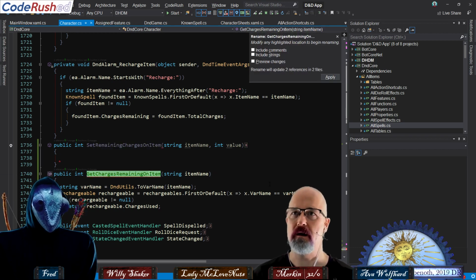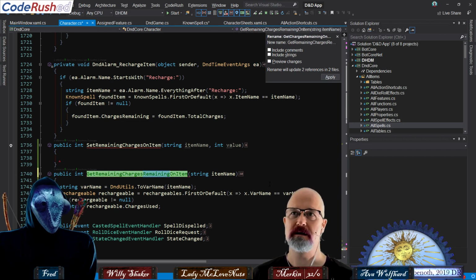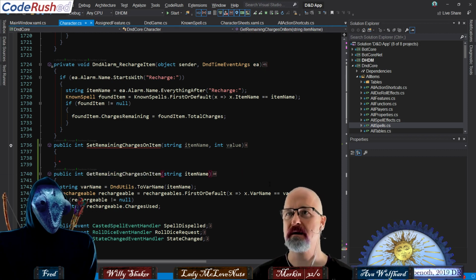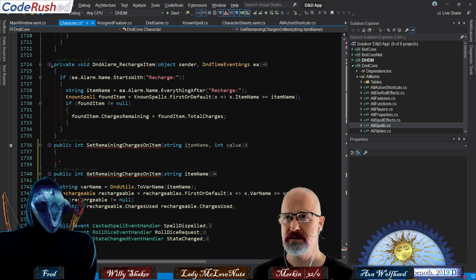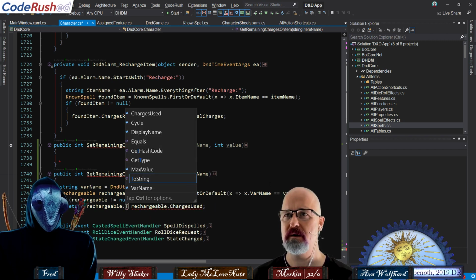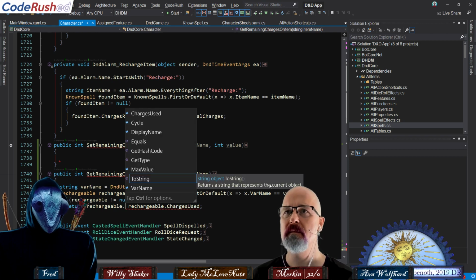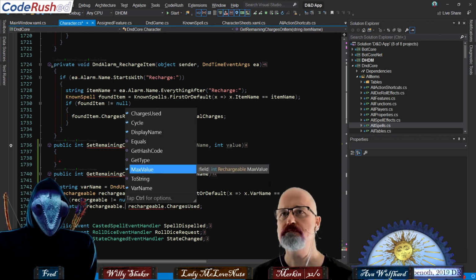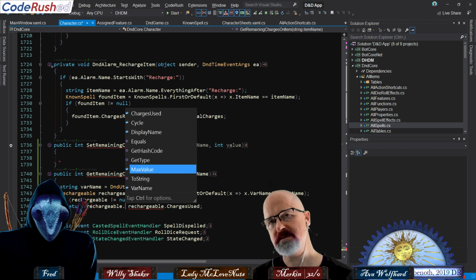I'm just using Alt left and right arrow to move between the camel case items right here. So get remaining charges on item. So remaining charges is going to be the rechargeable dot total charges, I think so. What do I got in there? It's max value.